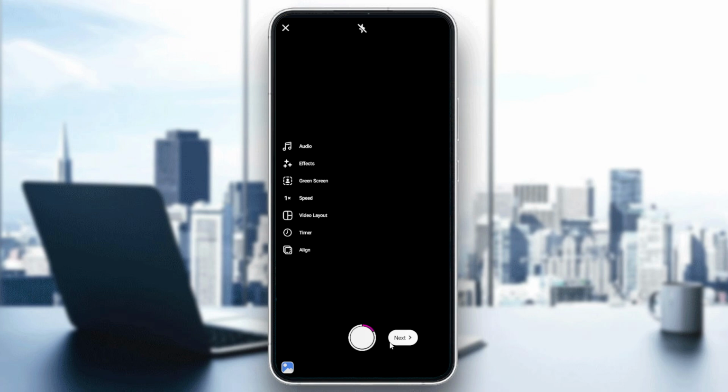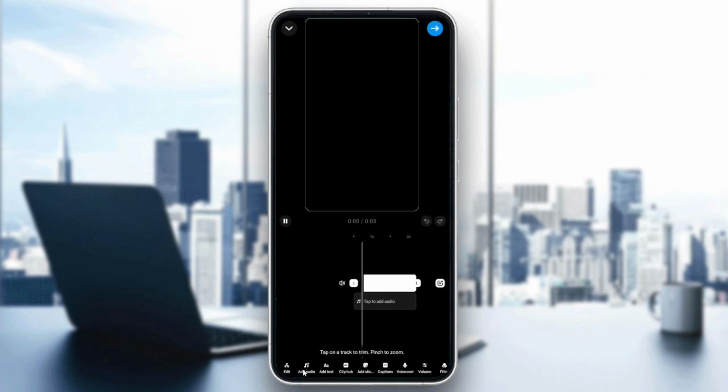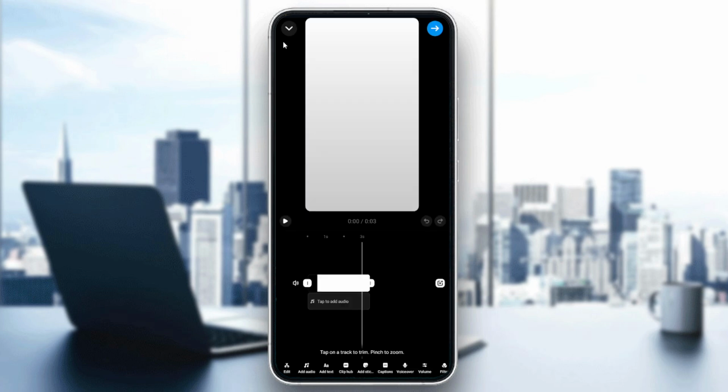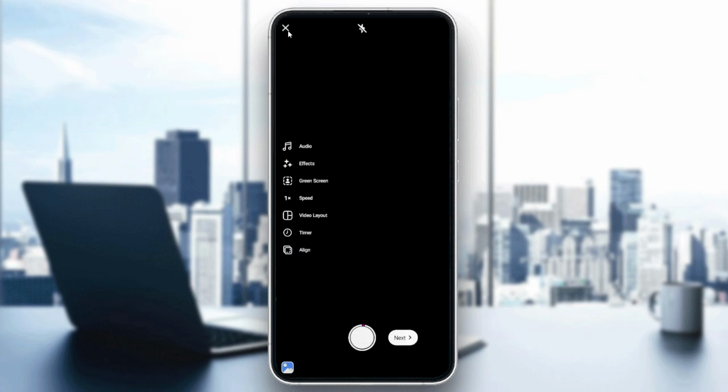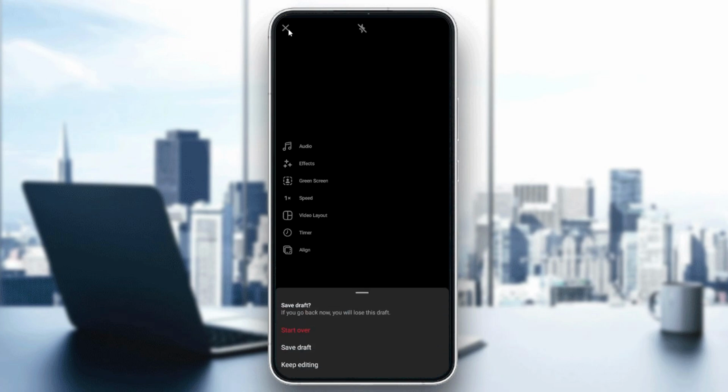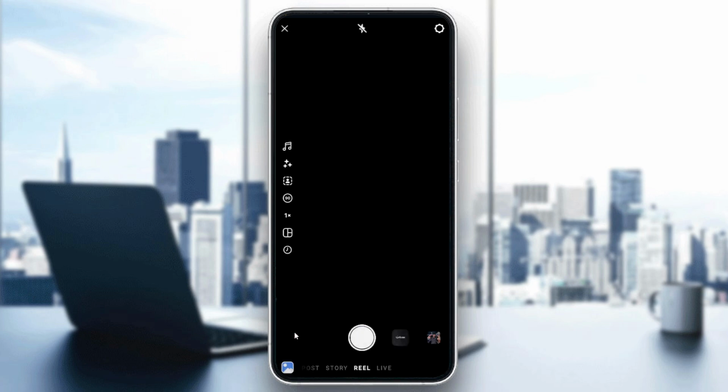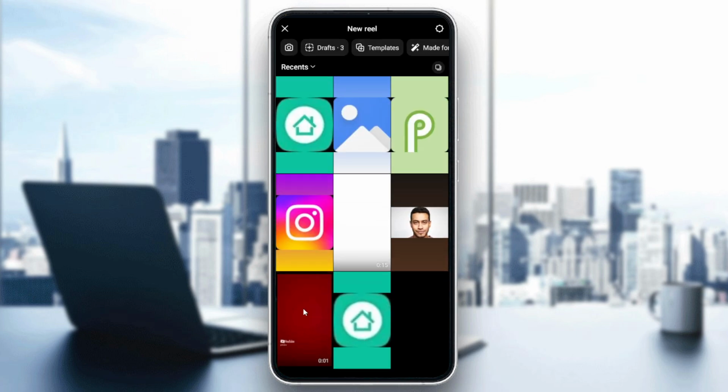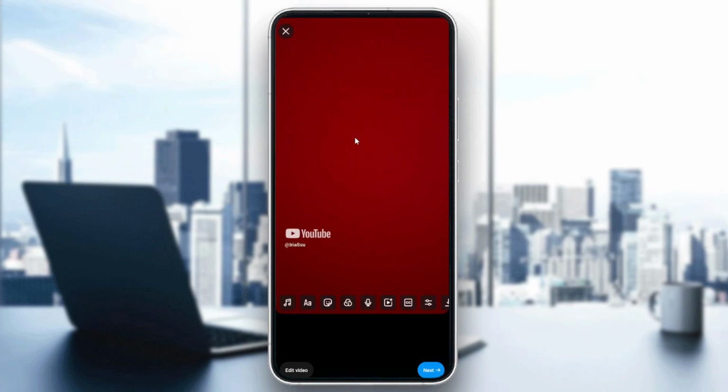So you can simply record, click next. You can start editing the video by adding text, song, etc. Or you can simply start uploading an edited and ready video from your footage. So I'm just going to click on X and click on start over. Here I have Reel. Now I'm just going to choose this video that I have, and it can